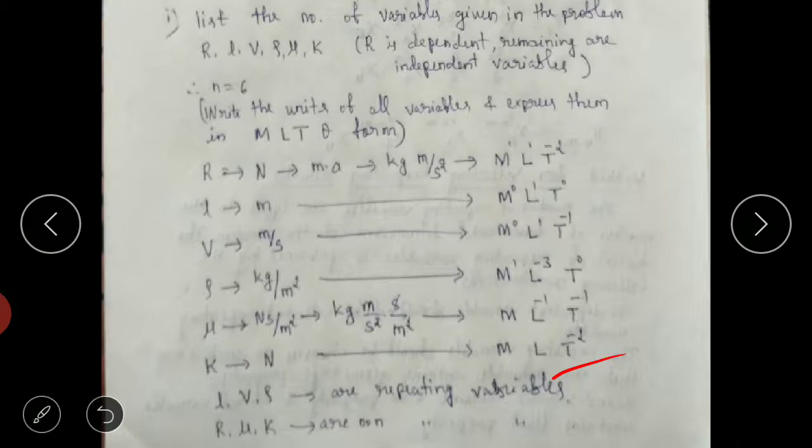In this problem we have three fluid properties: rho, mu, and K. Among the three, rho is the basic one. So density is taken as the basic fluid property and selected as a repeating variable. As we solve more and more problems, it will be easy to select repeating and non-repeating variables. The best way to choose them is to go for the most basic one.